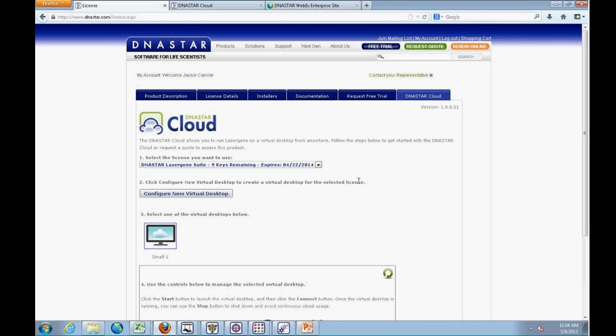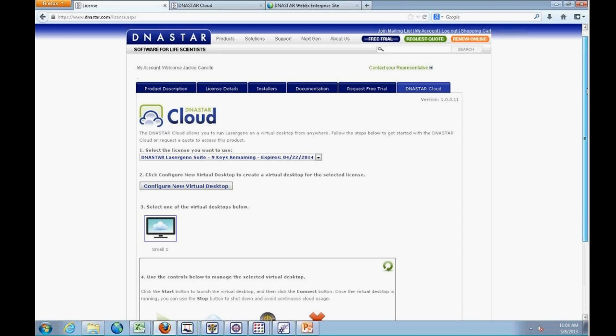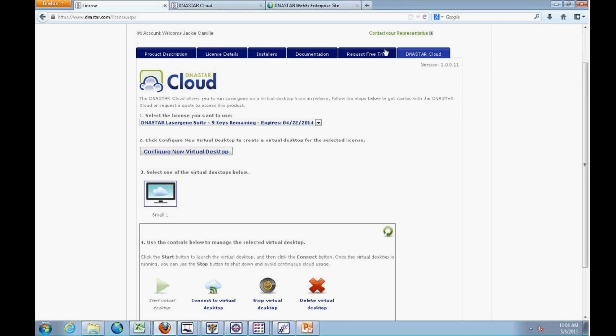Now, our flexible licensing options will allow you to purchase a DNASTAR Cloud virtual desktop to really fit your particular research needs. So if we look here, I've already logged in to my account on the DNASTAR licenses page and then clicked on this DNASTAR tab button right here. So when that'll pop up, it'll show your specific license that you've purchased and give you the option to configure a new virtual desktop. So if we click that here,